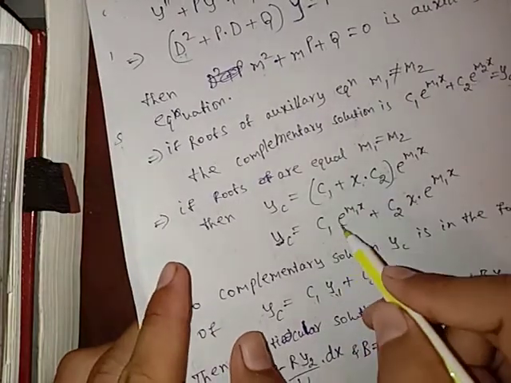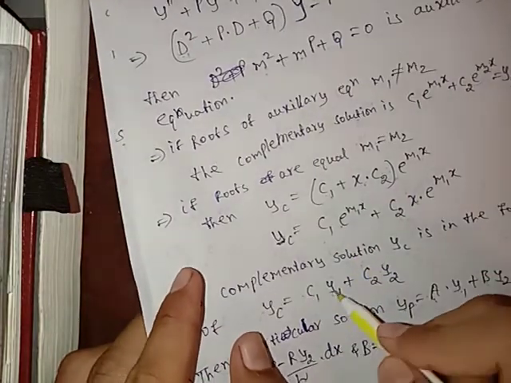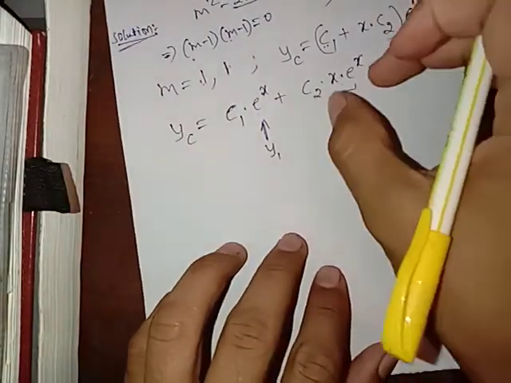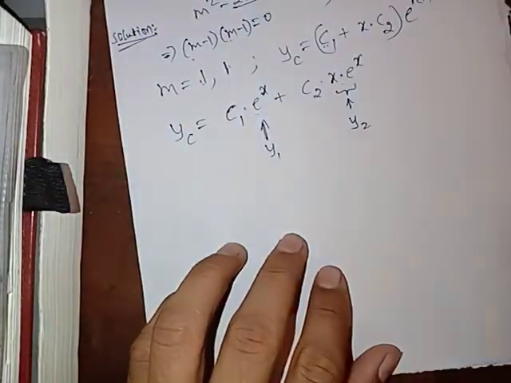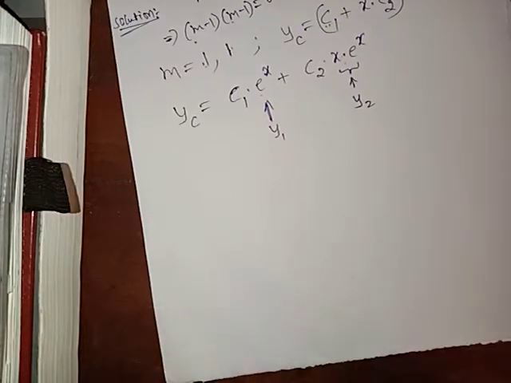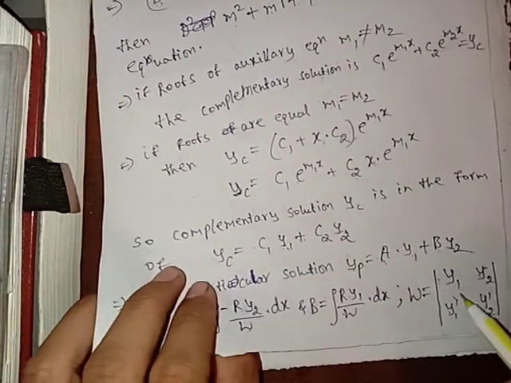So we get the solution in the form c1 into y1 plus c2 into y2. So this is in the place of y2 and this is in the place of y1. Now first we have to find out the Wronskian of this differential equation, that is w is equal to